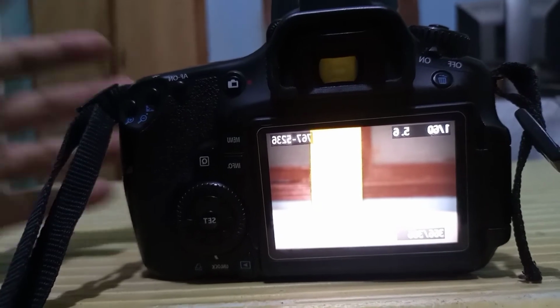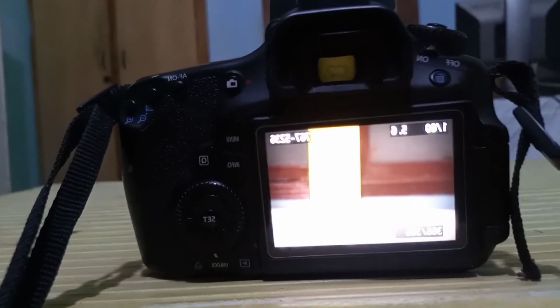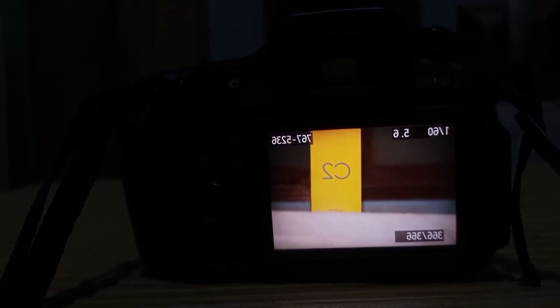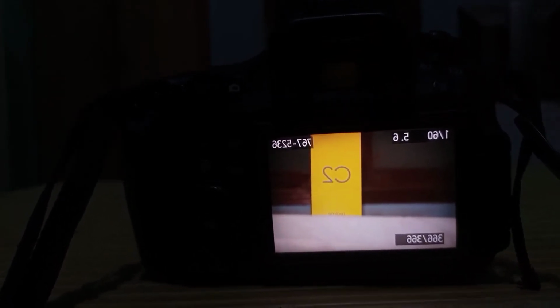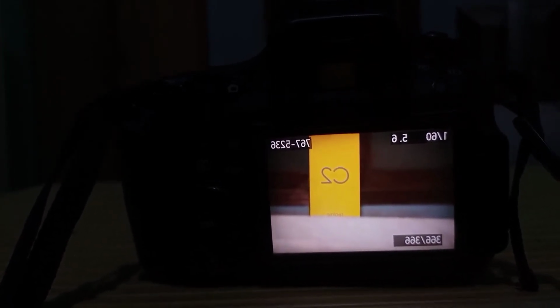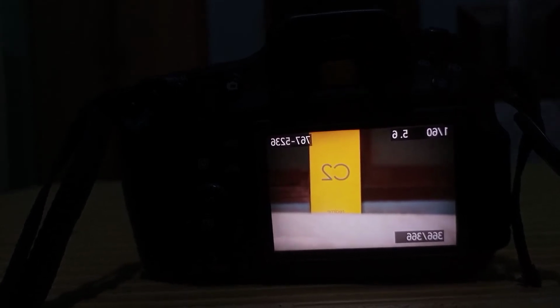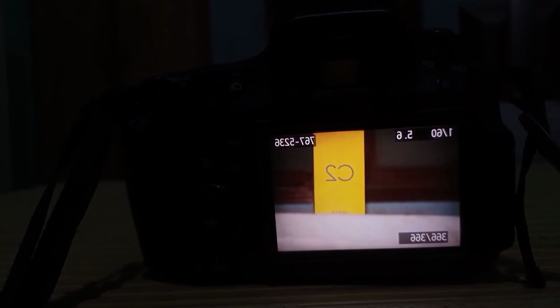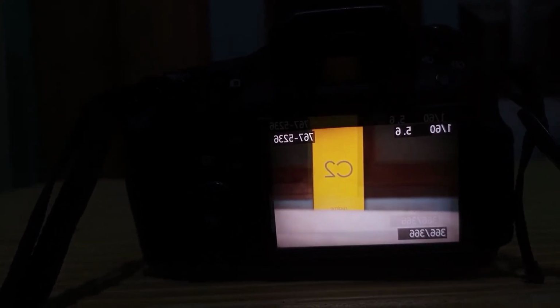So if you are a beginner, turn on your auto mode and click a picture. You have to change nothing: ISO, shutter speed and aperture. You just turn on your auto mode and click the picture if you are a beginner.